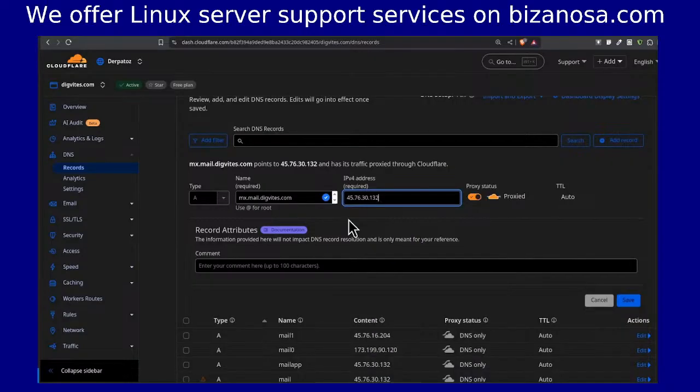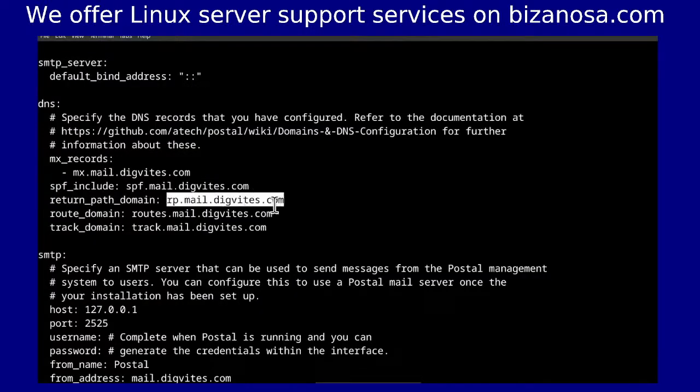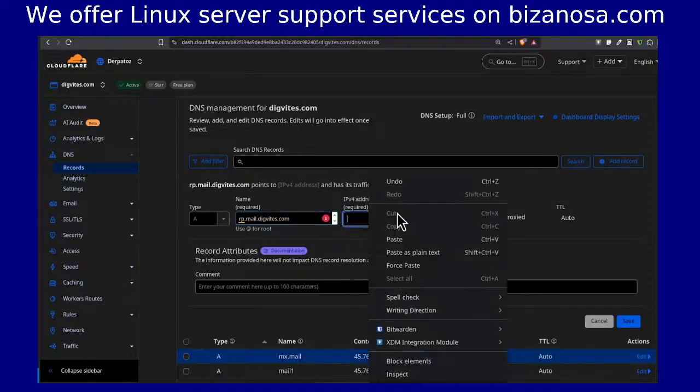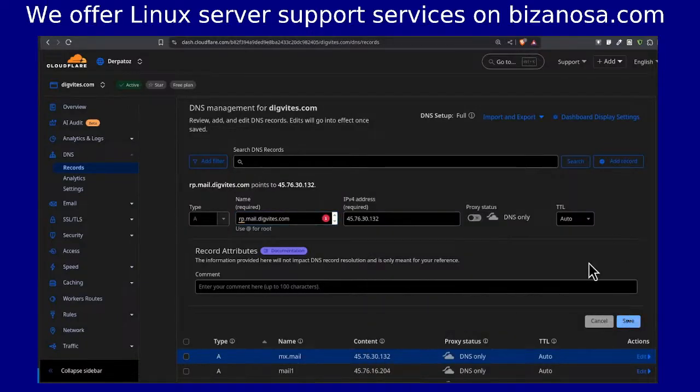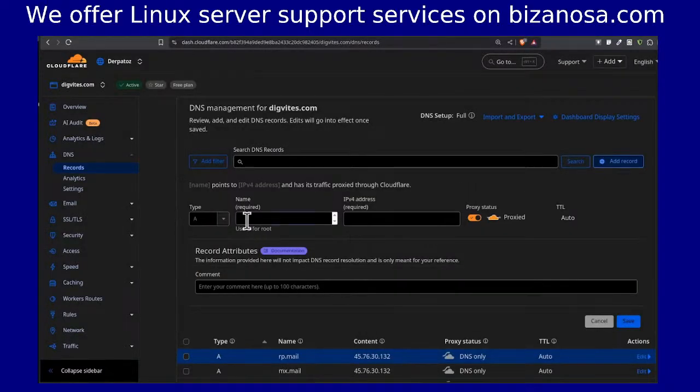And if you're on Cloudflare, all the records you add, make sure you gray them out. And then I'll save. Let's add this as an A record. And proxy, save, route as well. Add, paste,